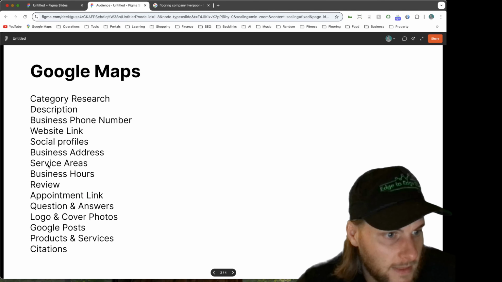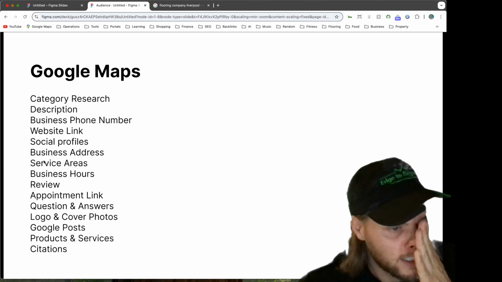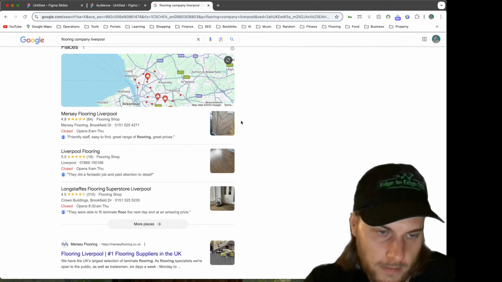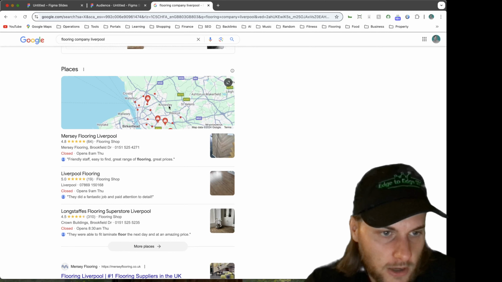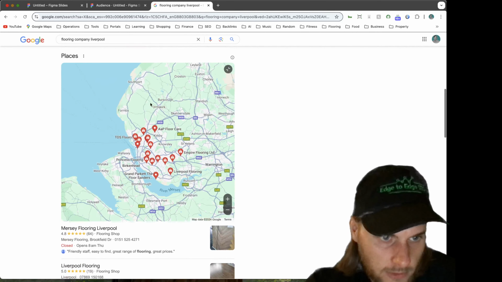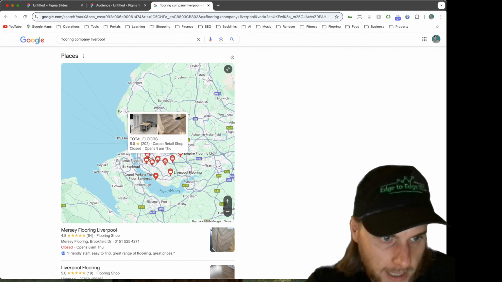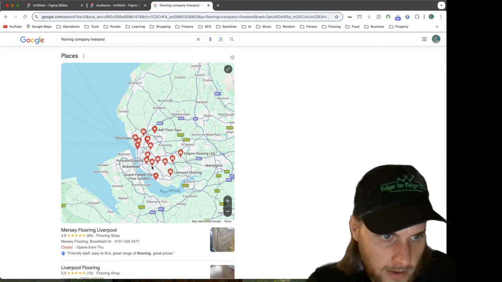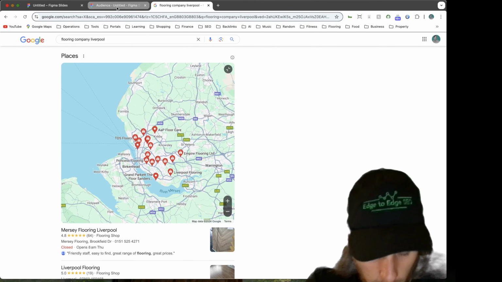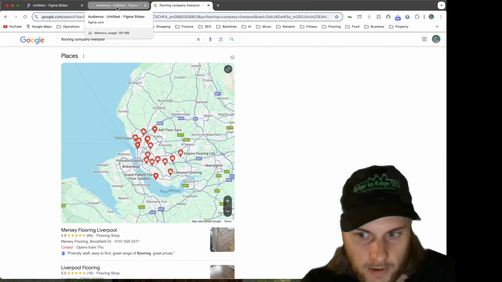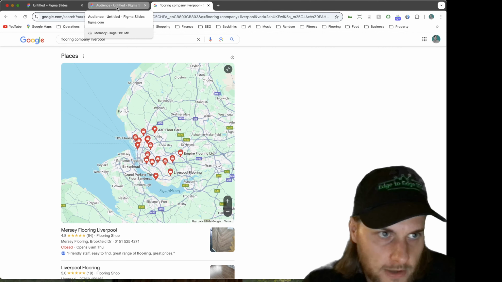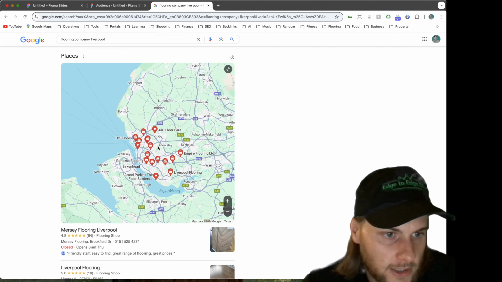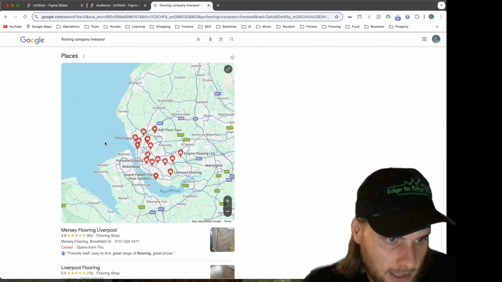Then you've got your service areas. So again, you want to be doing a bit of research into this. I say research, you're going to know the areas that you cover, but you're going to want to make sure that you're covering all of the main areas in relation to where you're based. So start with where you're based, and then look at all of the different areas surrounding, and then look at the most important areas that you can add to your Google business profile. And I think you get roughly around 20 that you can add to it, so make sure that you've added all of those in. Bearing in mind, your Google business profile is only ever going to go so far.